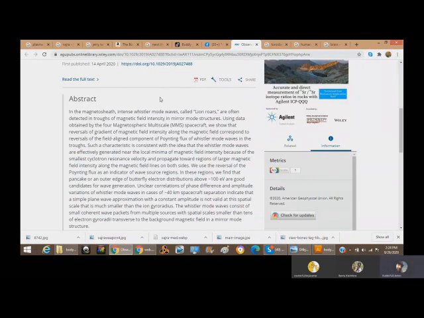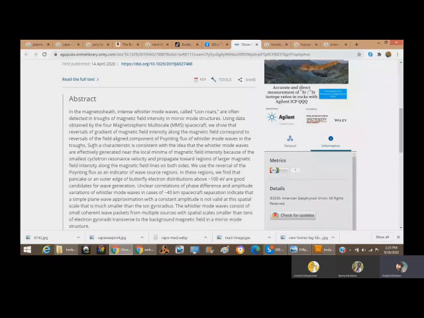Poynting flux. I love this. Poynting flux of Whistler mode waves in the troughs. Important words to talk about in that sentence. Field-aligned component, field-aligned current, Donald Scott, Birkeland currents. These Whistler waves are going back inside of each other, creating this flux, this Poynting flux. If you're listening to this on the podcast and you can't see it,